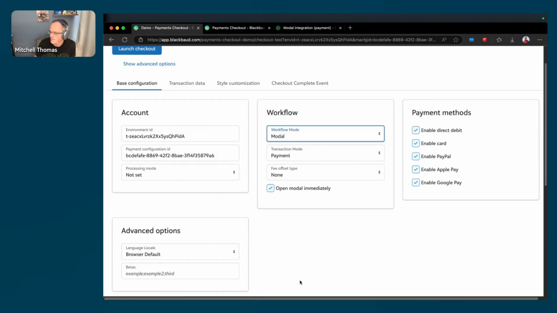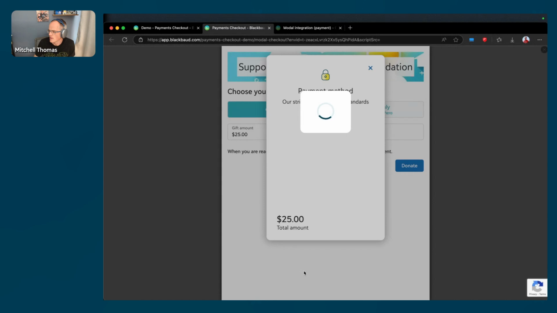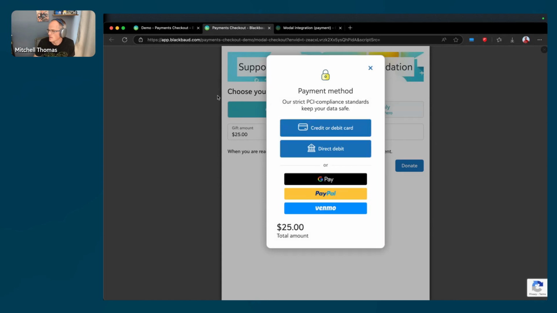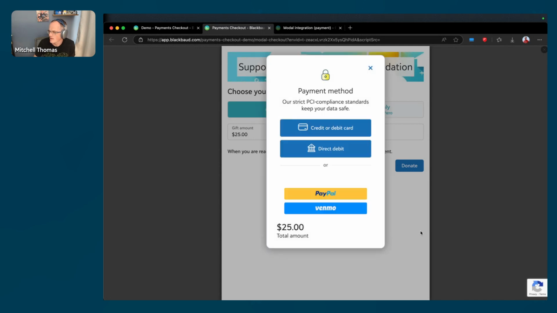I'll just show, from a very simple standpoint, the modal workflow. We'll launch into here. Just for context, behind here is a sample form that we put together to represent what your side brings. We can use that as a high fidelity way to test what the integration would look like. So if I open up the payment modal here,